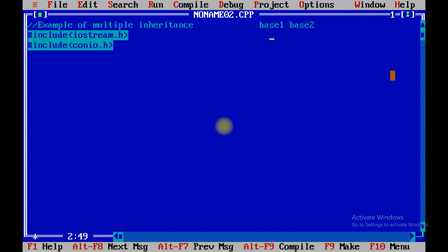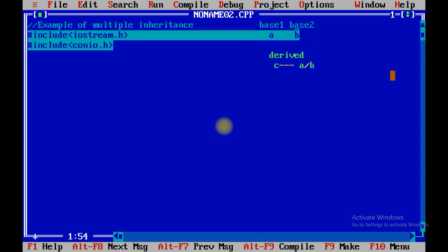Suppose base 1 contains A property, base 2 contains B property. At that time, you are going to derive one new class which contains C property, and it also has A and B. Why?